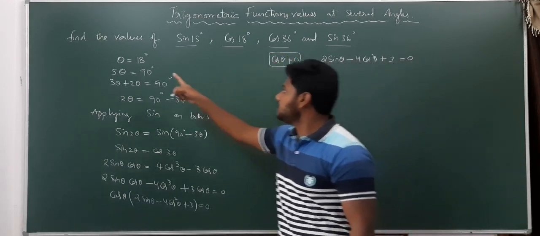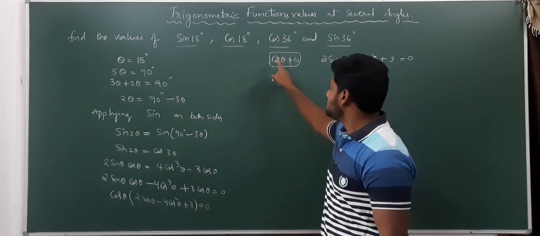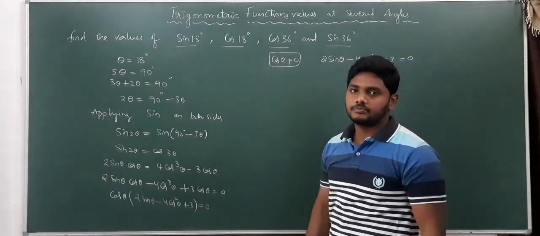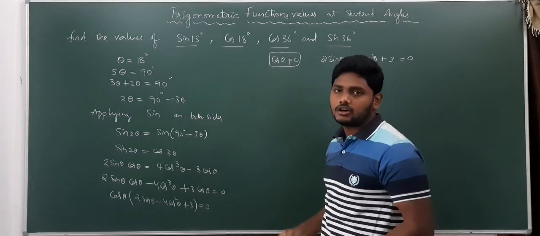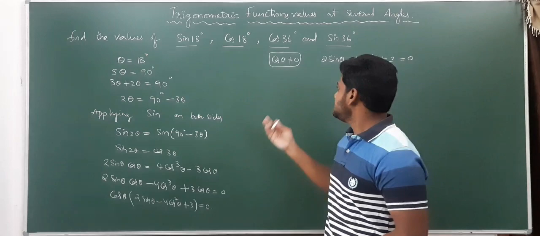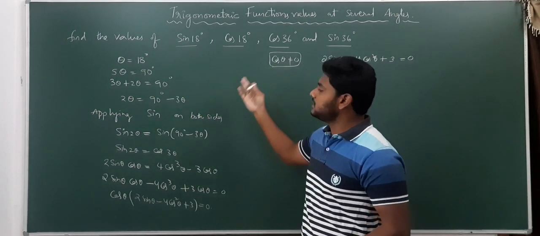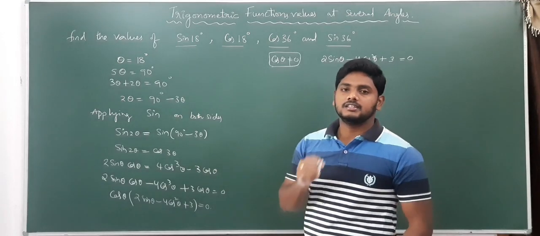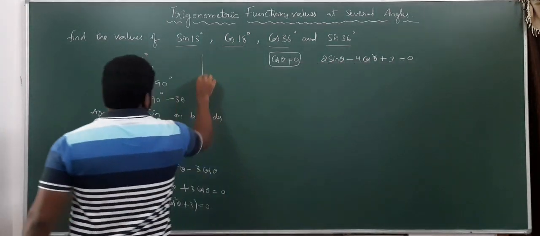Check it. Why? Because theta is equal to 18. Cos theta, nothing but cos 18, is not equal to 0. Why? Sir, I don't know whether cos 18 degrees is equal to 0 or not. So how can I say that it is not equal to 0? Still we did not find cos 18. How can we tell that cos 18 is not equal to 0? Yes, we can tell by using the graph of the cos function.